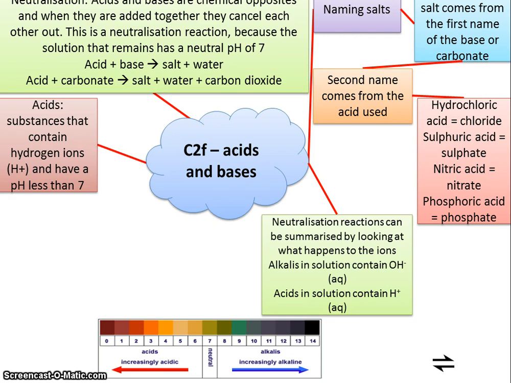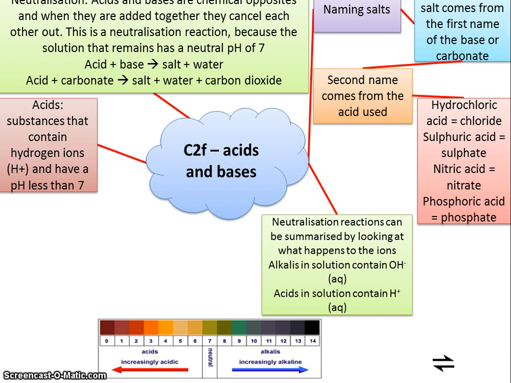Now let's just change it slightly and add in one of those carbonates that I talked about before. Let's just say we had calcium carbonate plus hydrochloric acid. It's exactly the same rules. You take the first element, calcium, so it'd be calcium chloride plus water, but this time it's plus carbon dioxide as well. If we had calcium carbonate and we joined it with sulfuric acid, we'd have calcium sulfate plus water